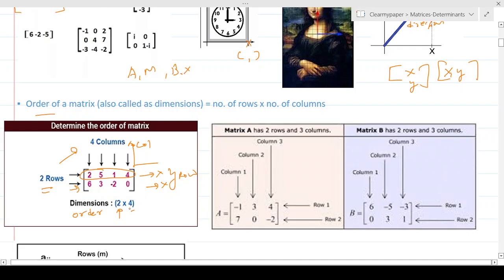So when you say the order of the matrix is 2 by 4, it's not a multiplication. It's a way of denoting it. That means this matrix has 2 rows and 4 columns. Similarly, I put in another example. I've just copied a lot of images from Google to give you a perspective. This matrix also has 2 rows, I put some real numbers, and 3 columns. And this matrix B, like I said, is expressed in a capital letter over here. Again it has 2 rows and 3 columns.